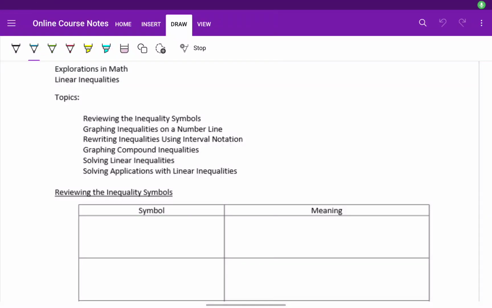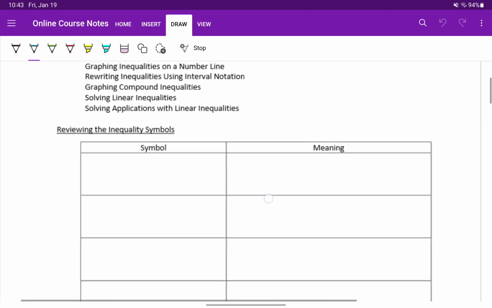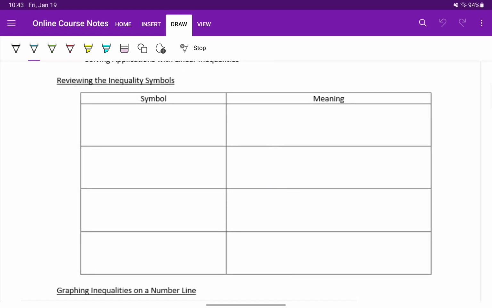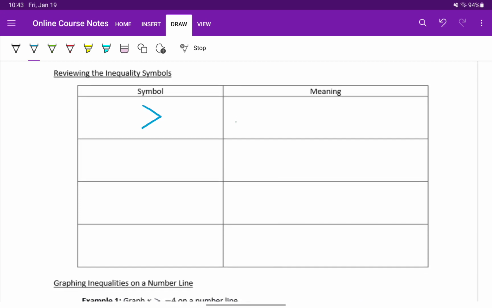In this section, we'll be talking about linear inequalities. But the first thing we want to do is review the 4 different inequality symbols. The first one we have looks like an arrow pointing to the right. This is the greater than sign,